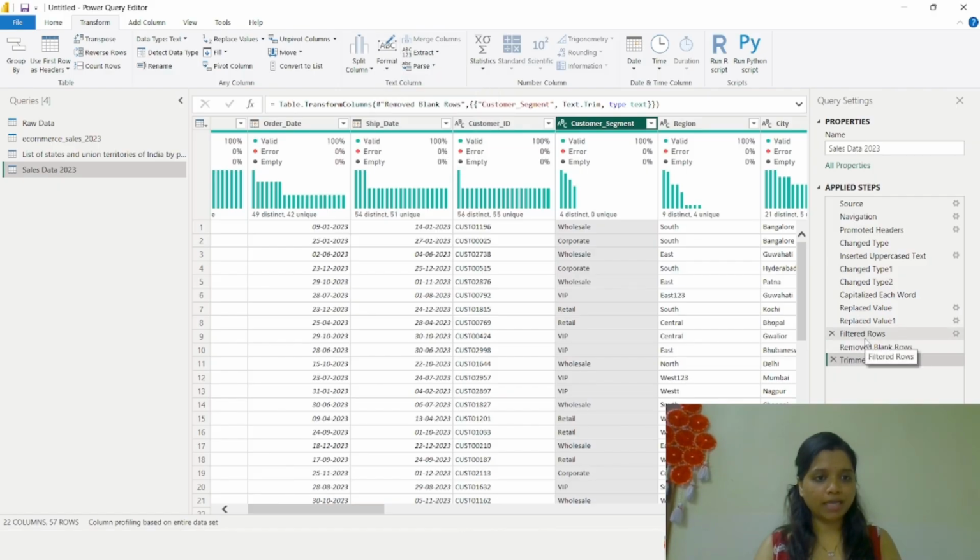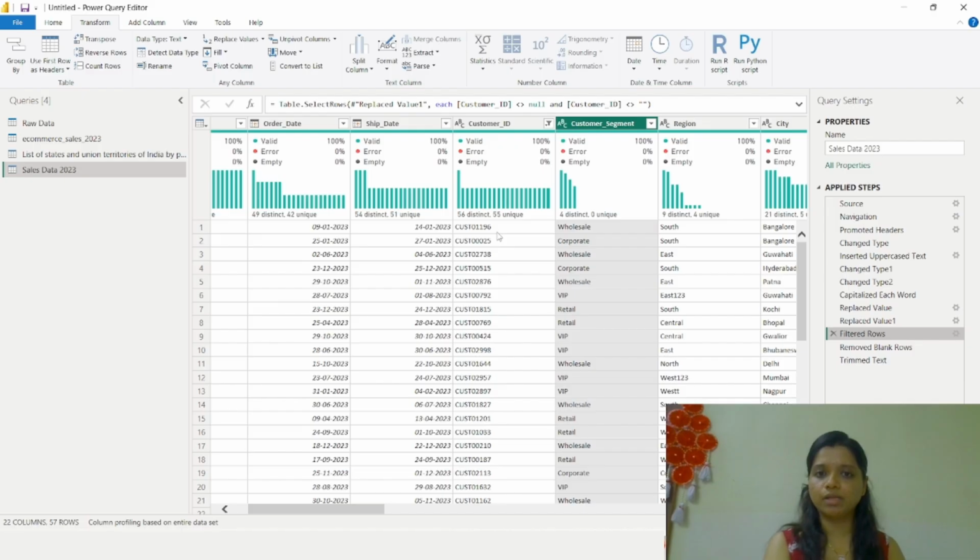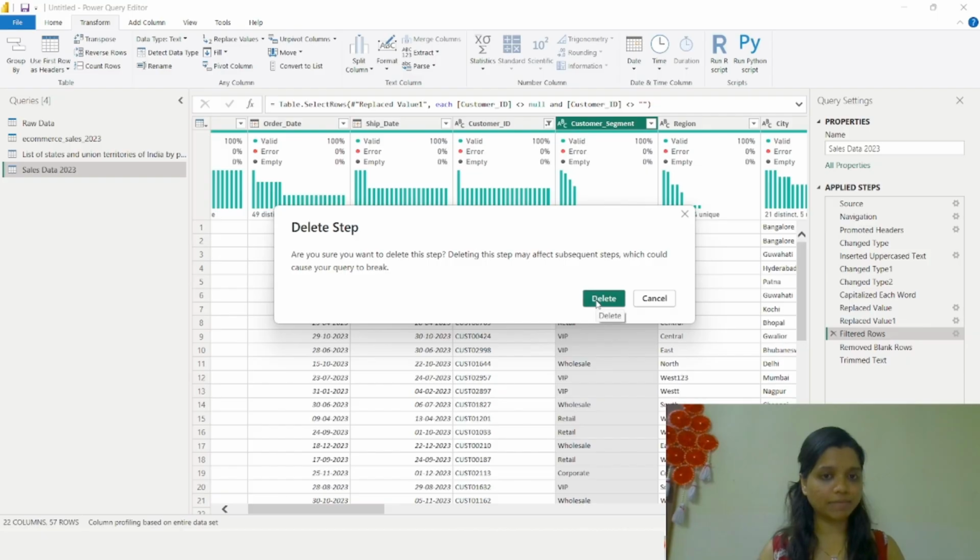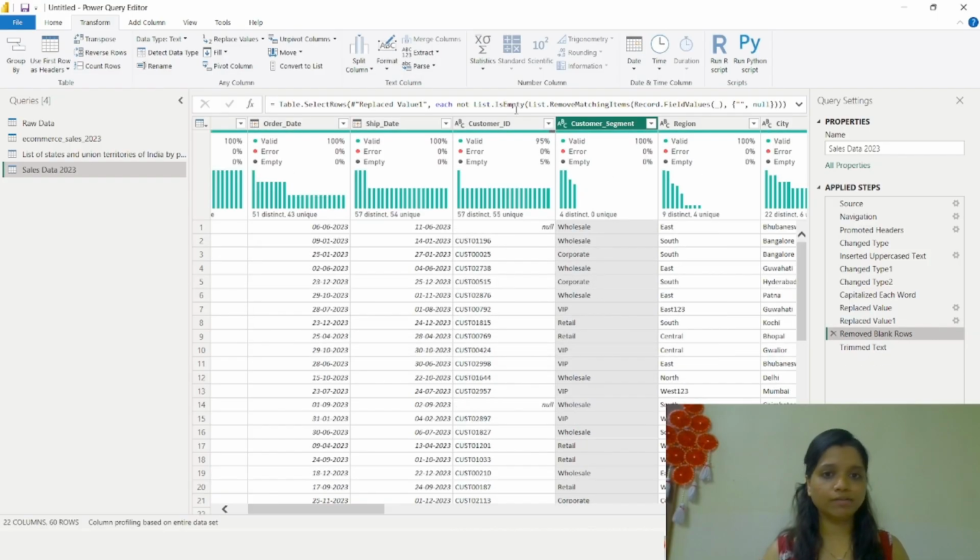Now again, going back to where we removed the blanks in the customer ID column. This is not a best practice, to actually remove nulls, because there might be a situation where there is a null in one column, but that row might have some data somewhere, or that null means something that you have to point out to the business user. So we are going to click on this cross, and that's how we can delete that particular step and go back to wherever we started.